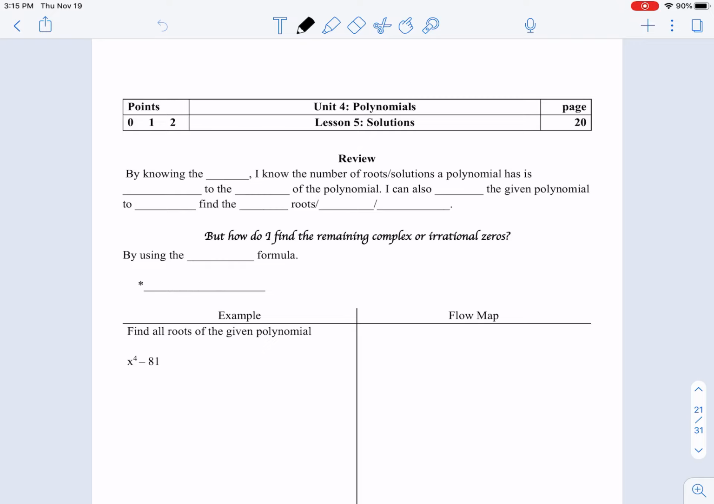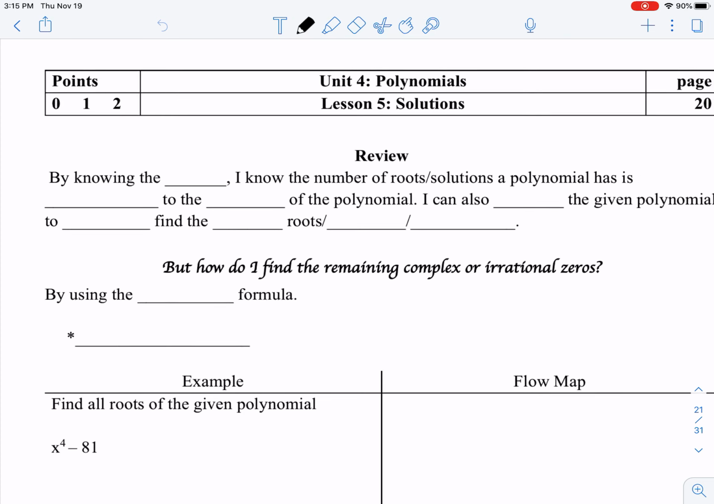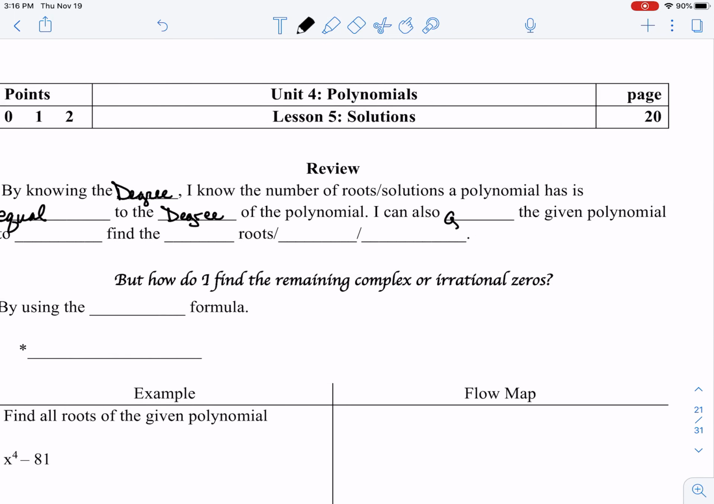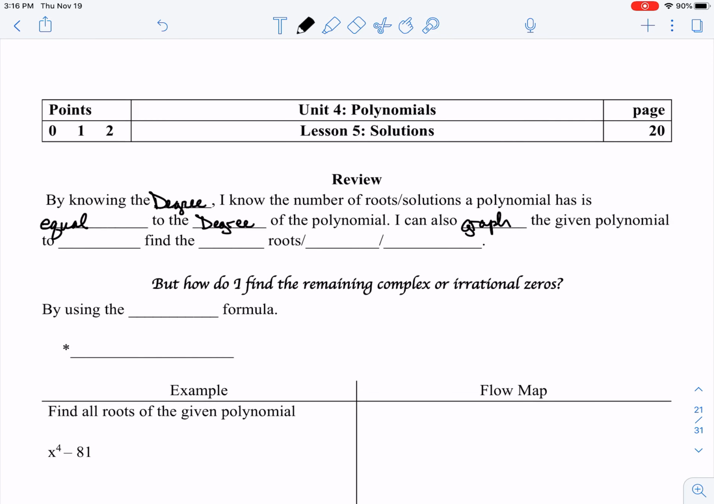Now, just a quick review. By knowing the degree, you know the number of roots or solutions that a polynomial has equal to the degree. All right. You can also graph the given polynomial